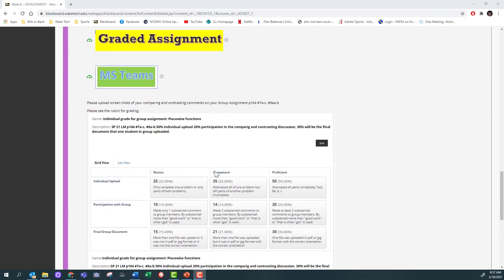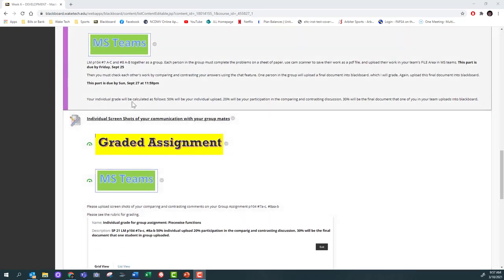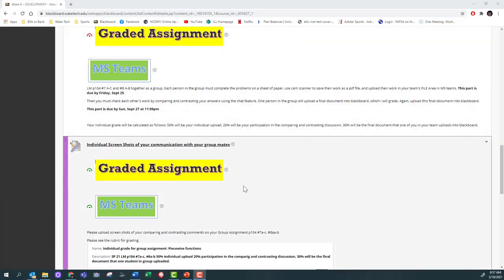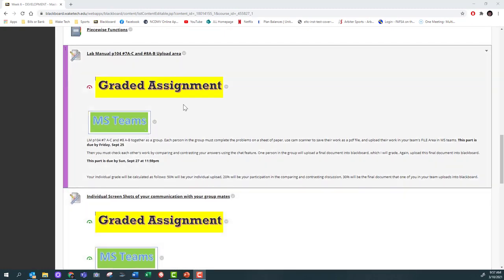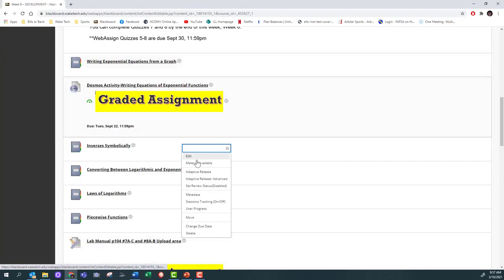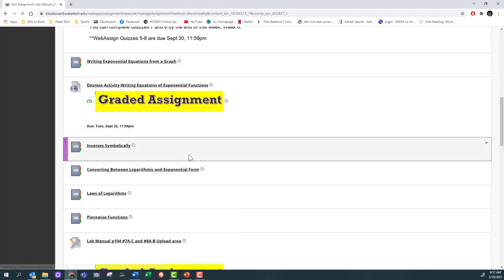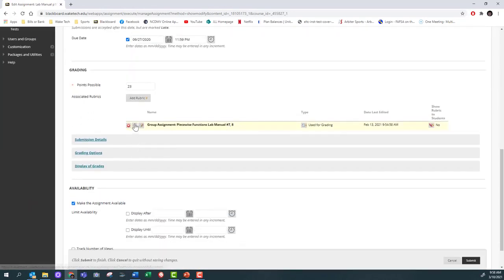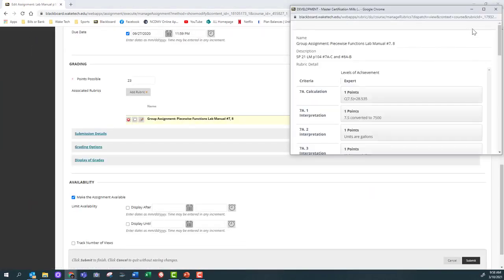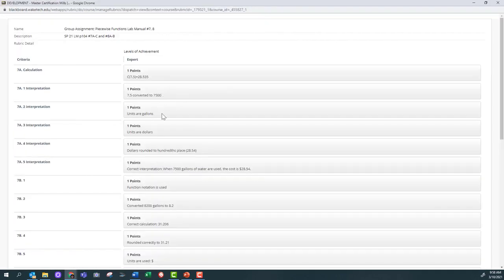And so they got a percentage, their individual grade: 50% the individual upload, 20% the participation in the comparing and contrasting discussion, and 30% was the actual document. So they used the rubric for the comparing and contrast discussion, and then there's another rubric here which is very specific to this particular document. It is a way for me to grade uniformly across the different groups and also just give a lot of